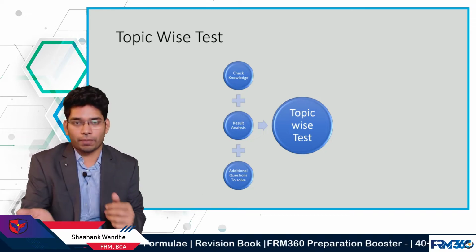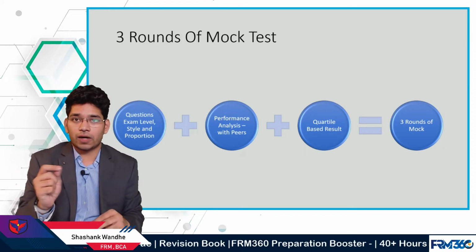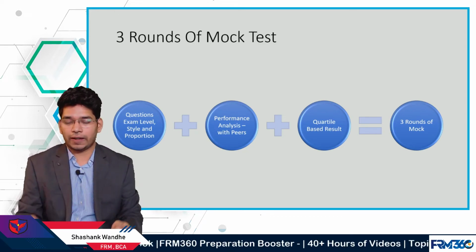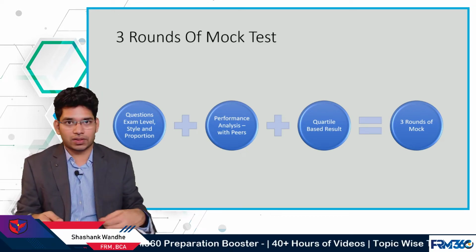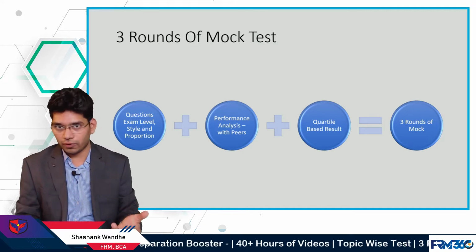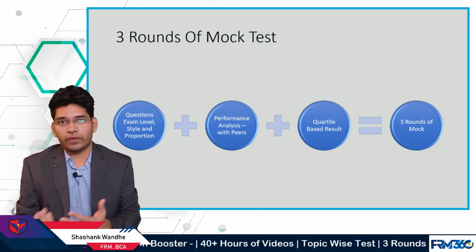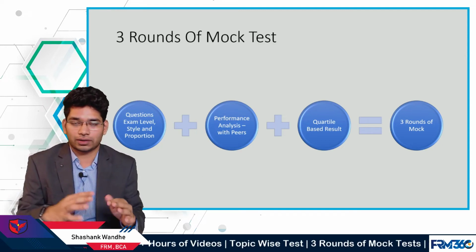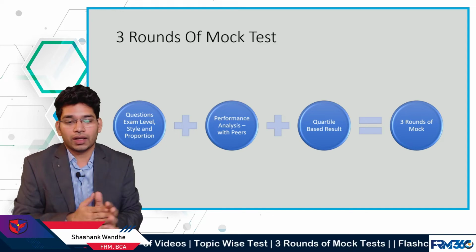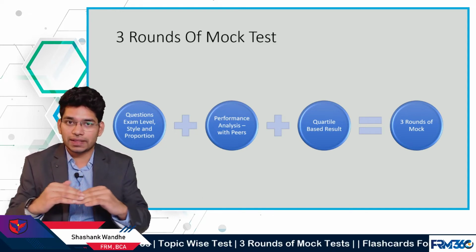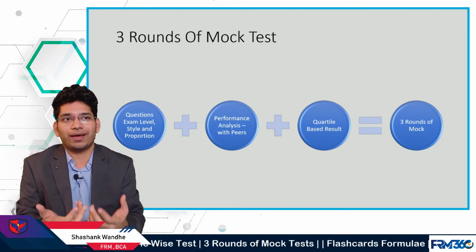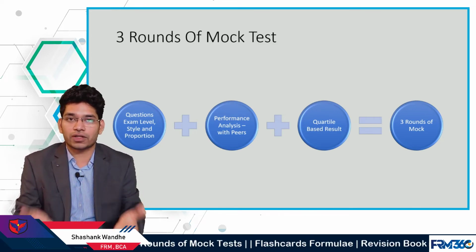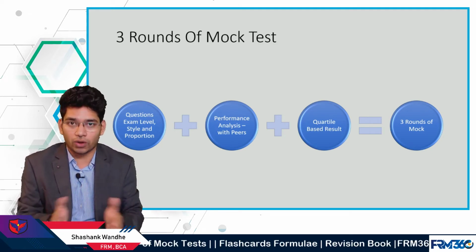This is the topic wise test. Then you have 3 rounds of mock test. Now there are 2 ways to solve a mock test. One: take 3 mock tests, just solve them, see your score and move on. But again, we come from the institute Falcon Edufin, which is not known for doing anything very simple. So instead of just giving you 3 rounds of mock test where you just solve questions and after getting the score there is no conclusion at all,